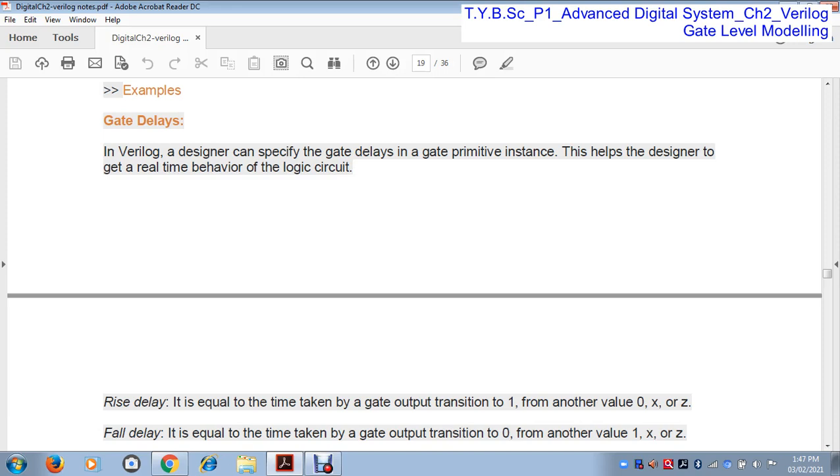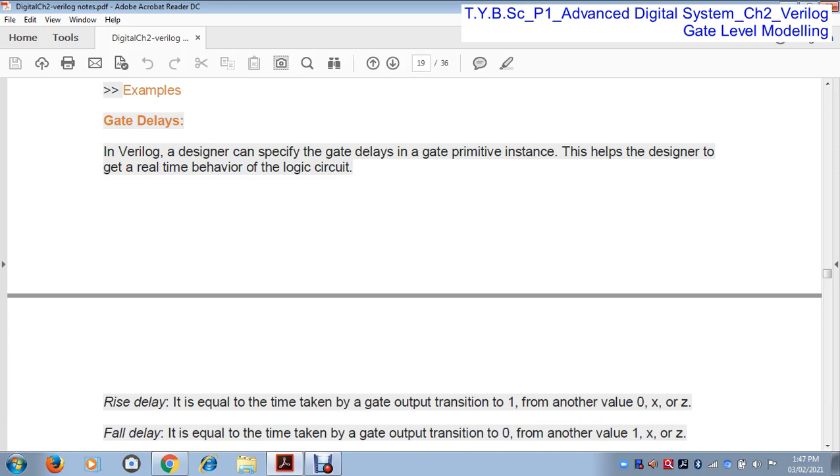How much time is taken by a gate to produce the output after applying the input, that time is called the delay. So if you apply a particular input to an AND gate, it takes 2.5 milliseconds to produce the output.